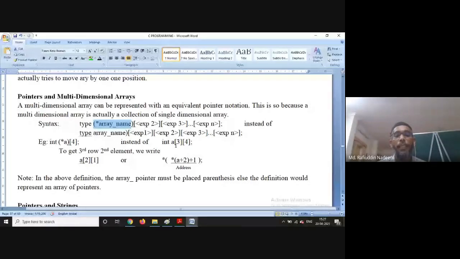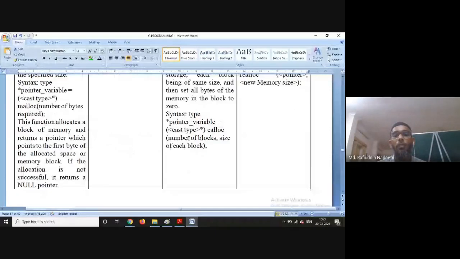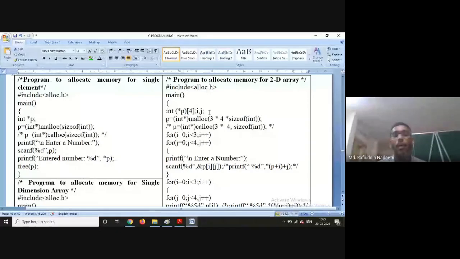Then we discussed that day that the first expression is given dynamically. The same thing we are doing here. If you see int star p of 4, the 3 is not given here. Instead of declaring it that way, I will write it like this. Actually, I just want to declare it like p of 3, 4. That is my intention; it may be any value. Don't think that only 3 should be used. So int star malloc of 3 into 4 into size of integer. Once 3 into 4 into size of integer is given, now the memory is allocated.